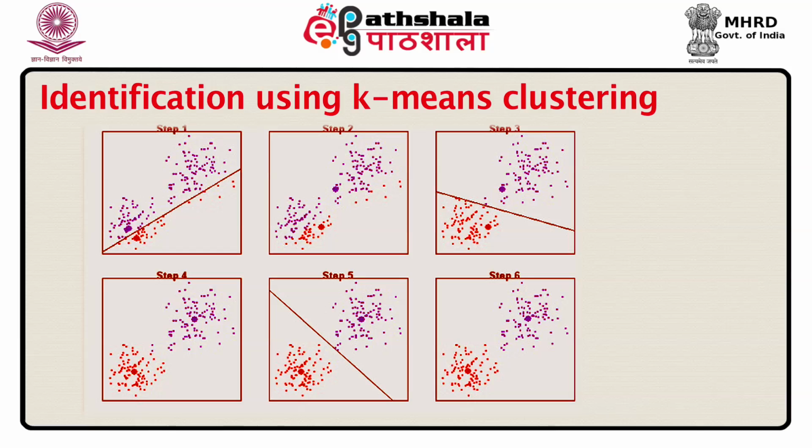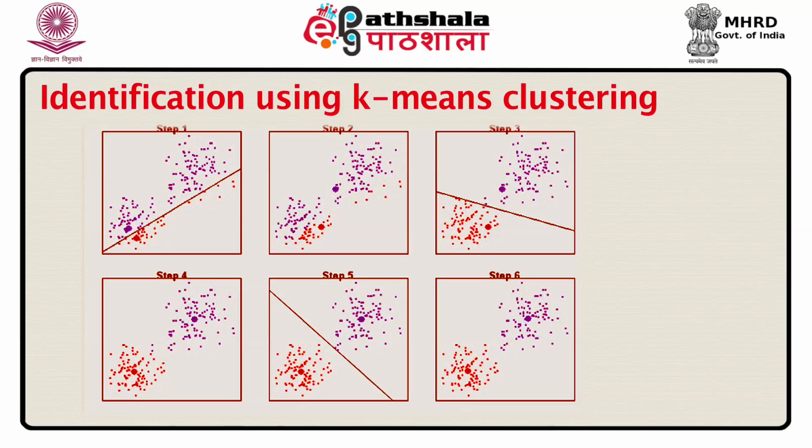Look at an example here. So suppose we are trying to form two clusters here using k-means. So at step 1 here, we start by these two clusters where the blue points are in one cluster and the red points are in one cluster, and we find the cluster centroids which are slightly darker than the rest, and then we reallocate the observations which are closer to the other centroid. We keep doing this at step 2. You see the clusters changing gradually. So from step 2 to step 3, and then step 4, 5, and ultimately at step 6 we find two